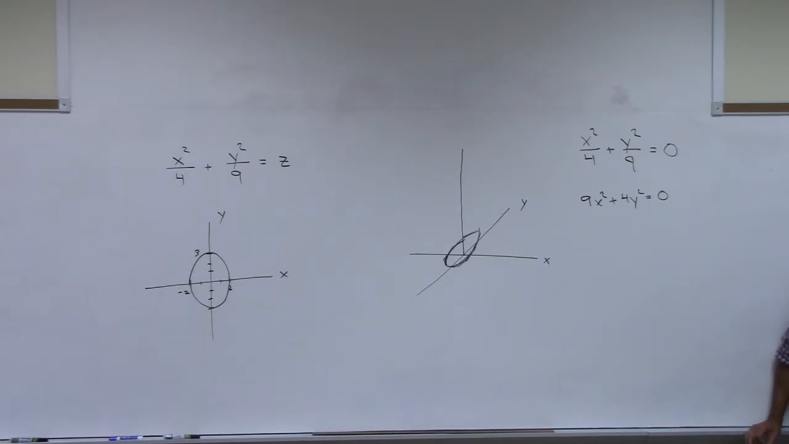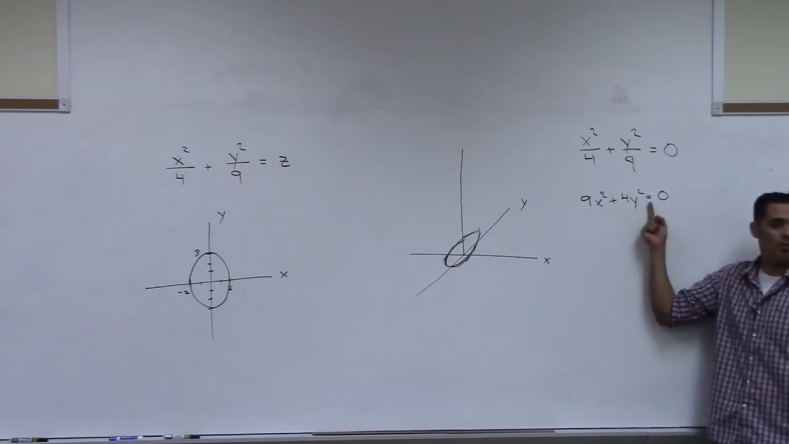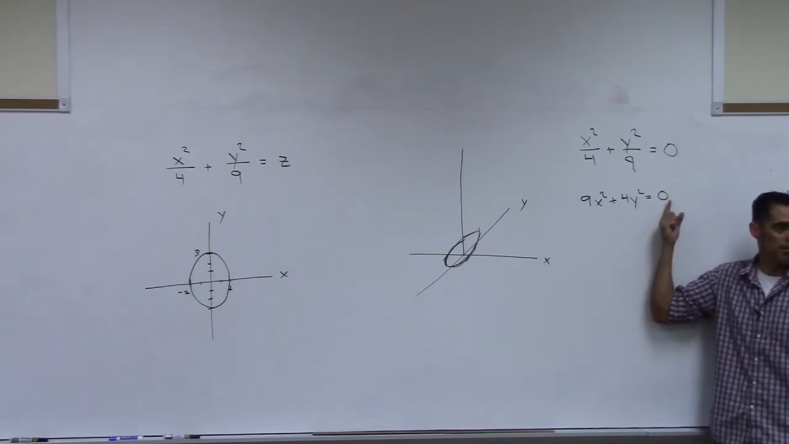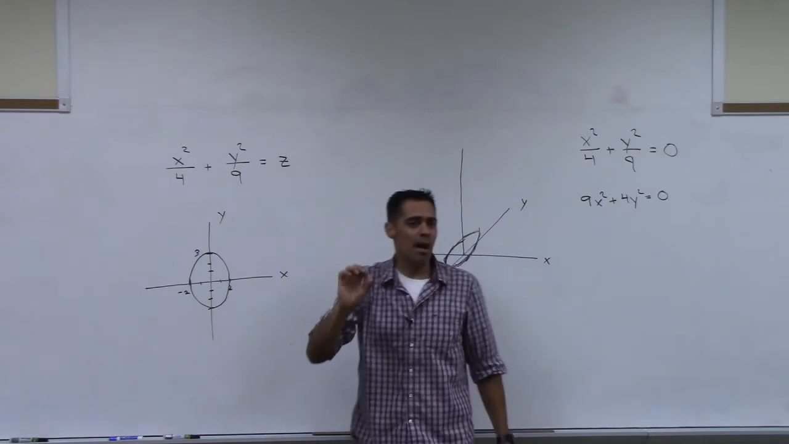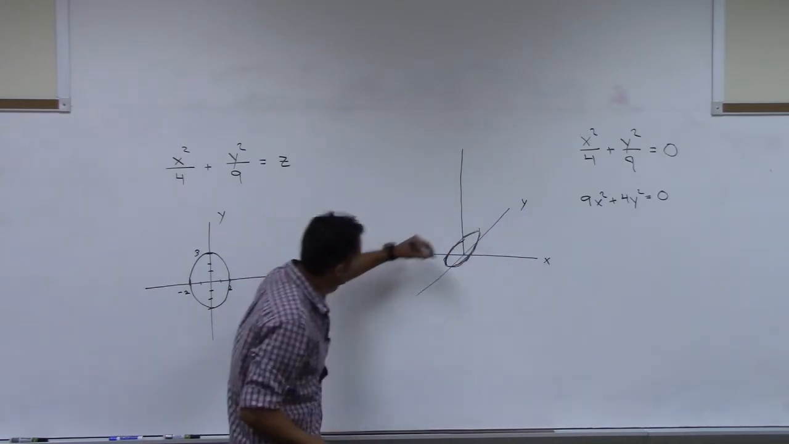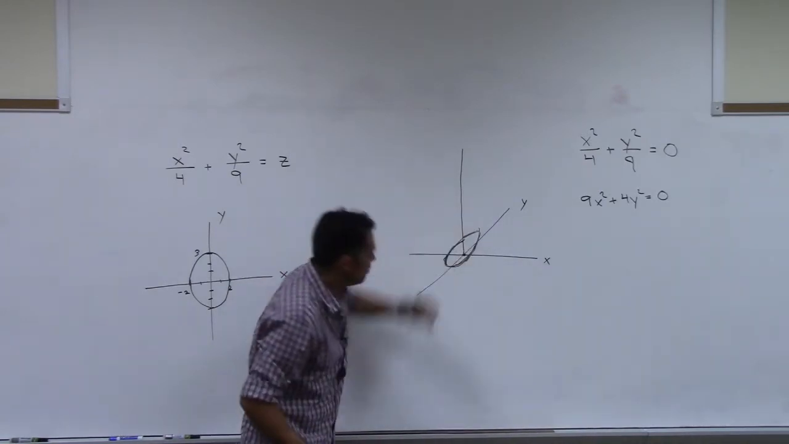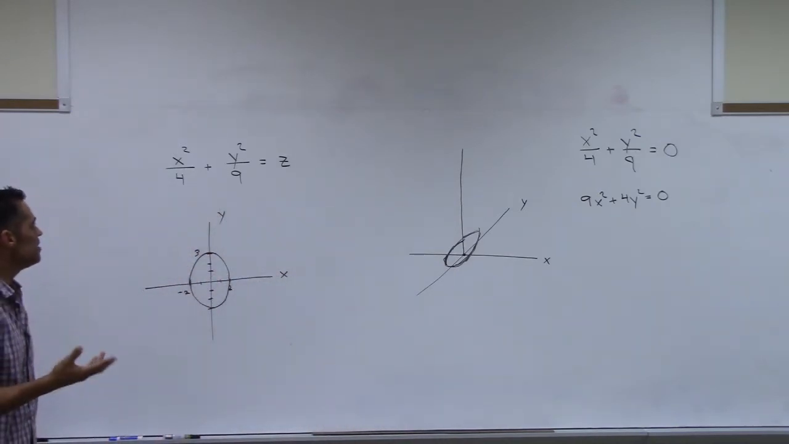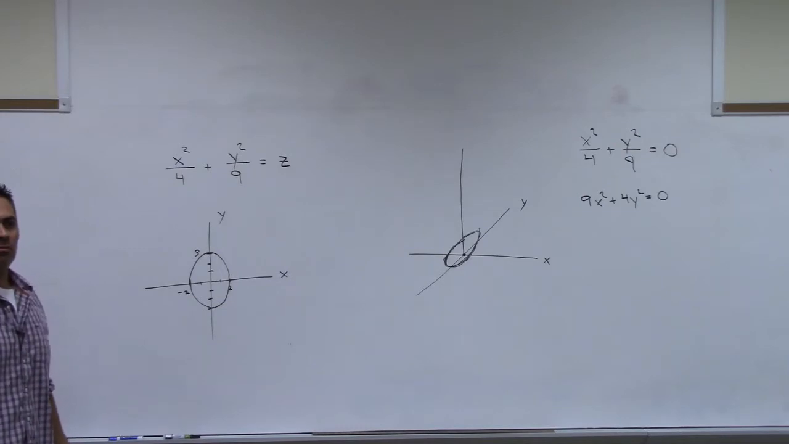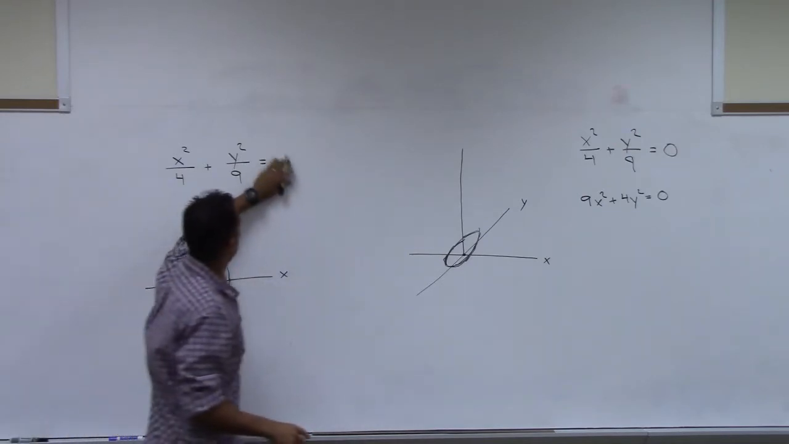Both have to be 0, right? X has to be 0 and y has to be 0 for this thing to be equal to 0. So that means if z is 0, x and y both have to be 0, which means you're at the origin, right? You kind of following this? Then you say something like, let's let z be 2. If I let z be 2,